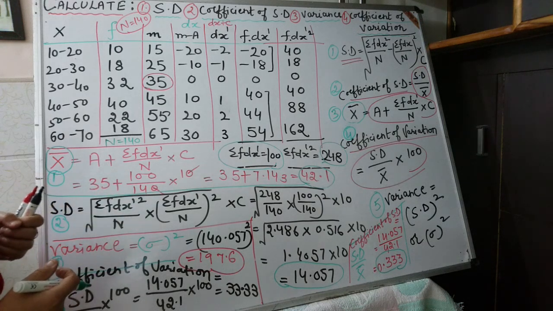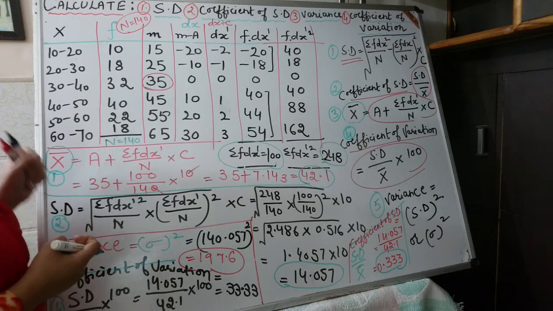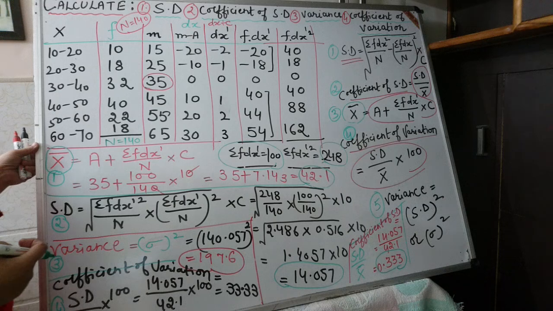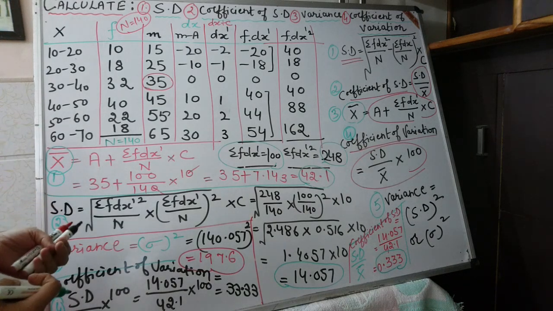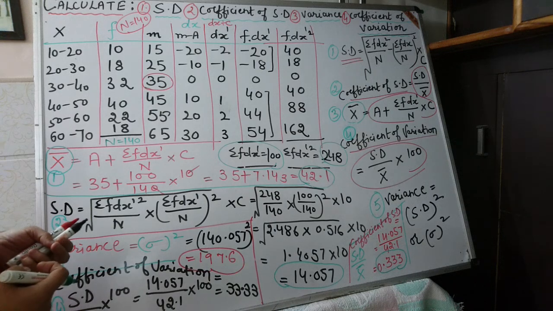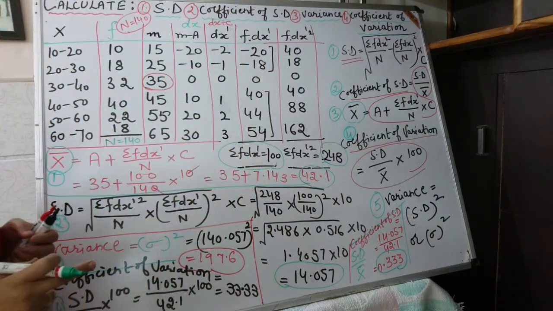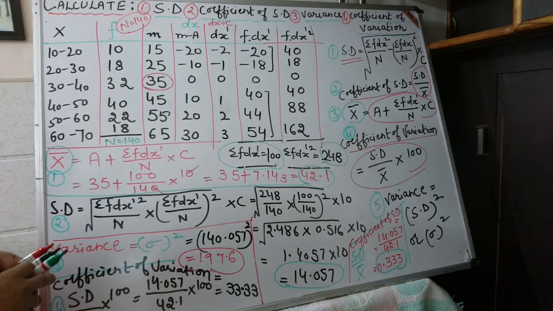Today's topic was exclusively related to variance and coefficient of variation. But nothing is new in it. We have already calculated standard deviation, because without the help of standard deviation you can't calculate variance or coefficient of variation. So variance and coefficient of variation are totally dependent upon the calculation of standard deviation. So that's all regarding this topic.